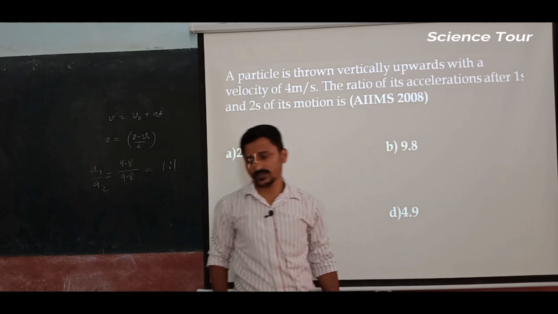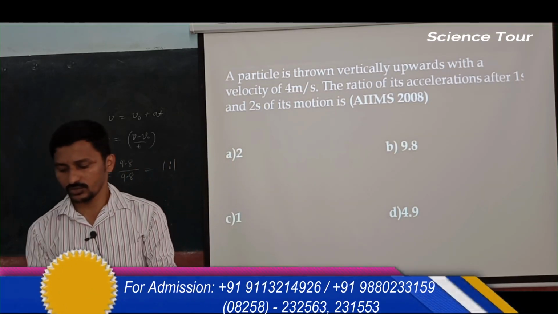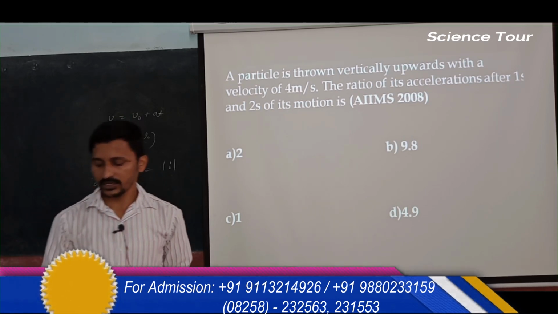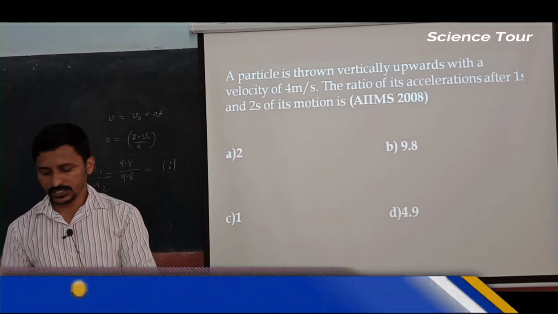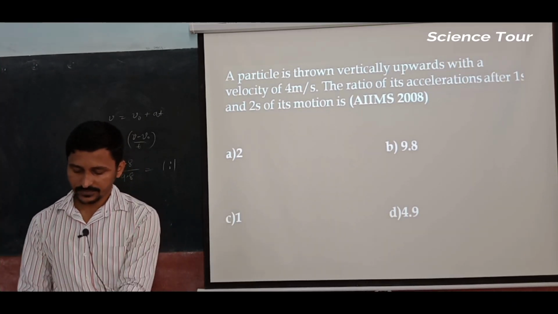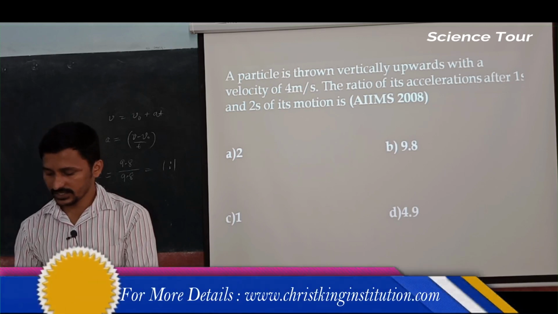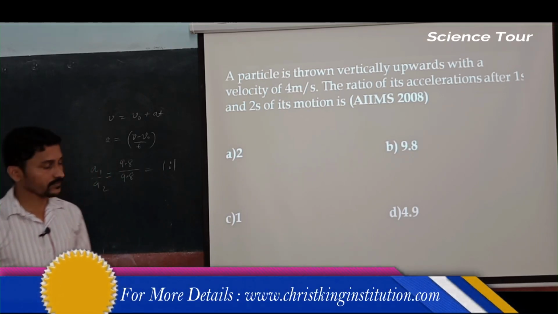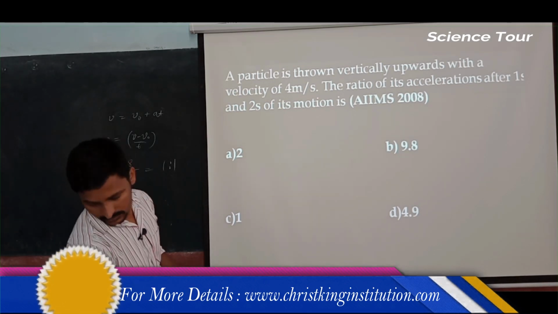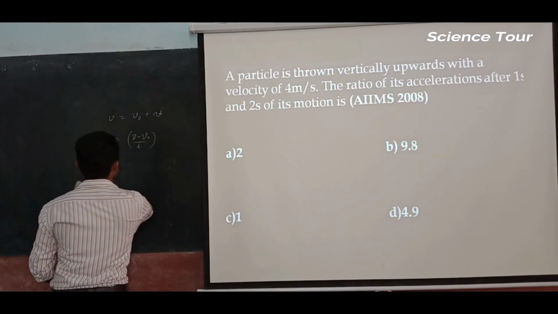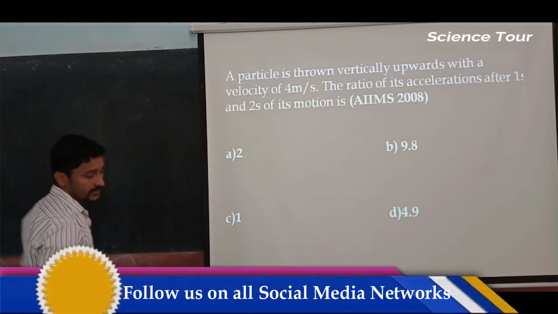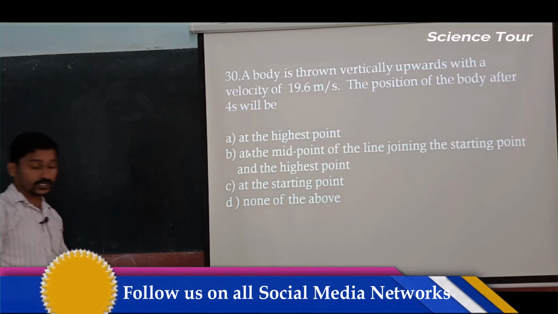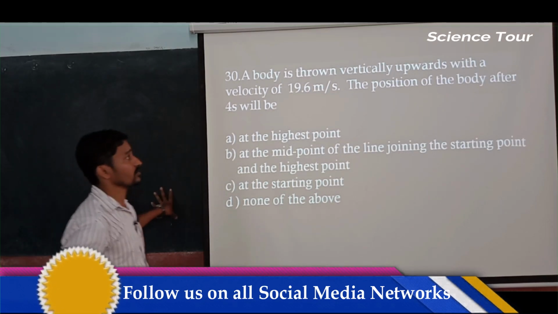Directly you are going to put that value, and that is not the thing. The correct answer is option C. Option C is the right answer there. The ratio remains constant, no need to calculate. It is a direct question. Next we are going to talk about, we have reached almost the end of this topic.